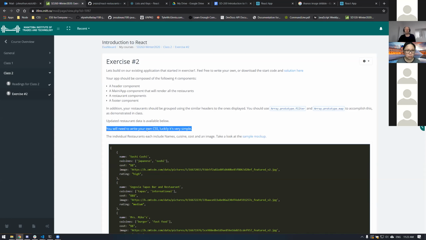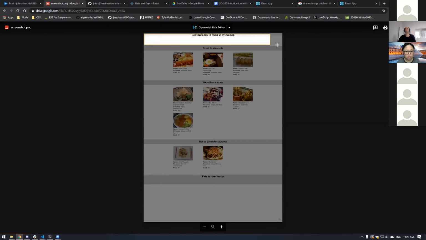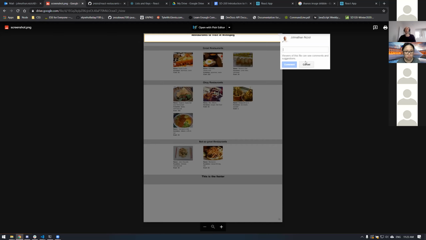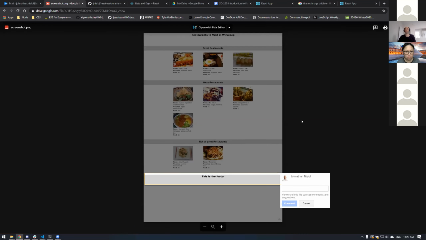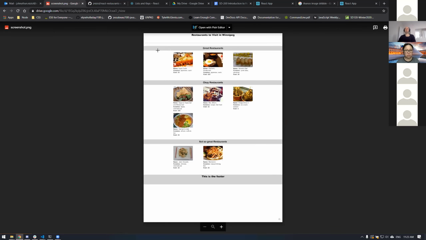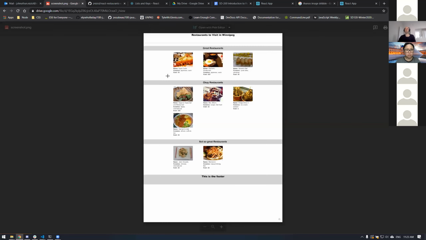You will need to write your own CSS if you want it to look the same. Luckily, I didn't make any major changes. This is what the sample should look like; I'm trying to get you to make something like this. You can see we have a header component up at the top. We have a footer component down at the bottom. And we have restaurants organized into 3 categories. Great,